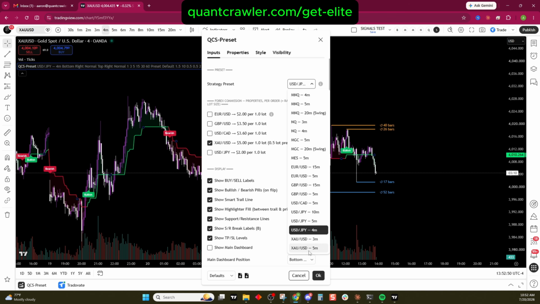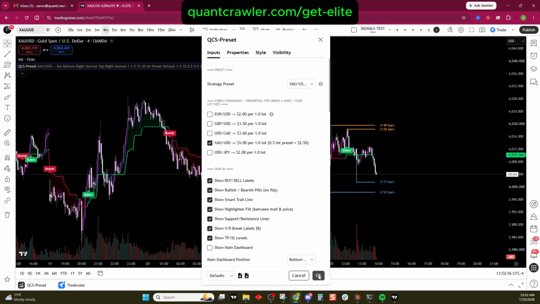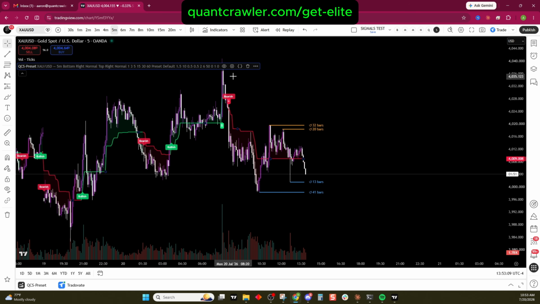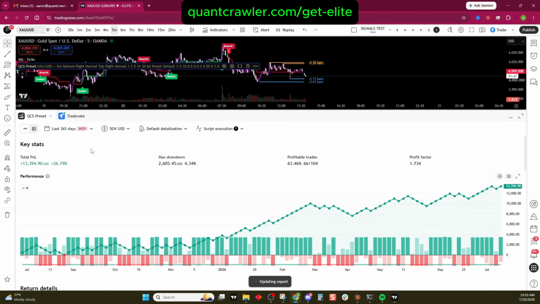And let's start by looking at the 5 minute time frame. So we will click this here and then click OK. We then need to match this 5 minute right here to the 5 minute time frame. And then while this is loading, we can see when we come into the preset over the last 365 days,